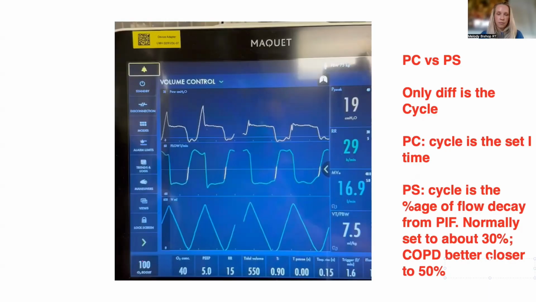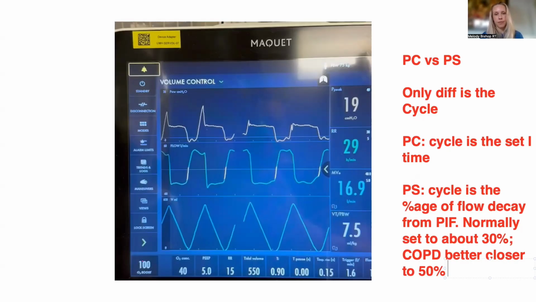But the problem in emphysema is if you set the cycle decay too low, remember, since the lung is so compliant, meaning it takes a very small pressure differential to generate flow, you can theoretically trap the patient in inspiration forever, because they will never be able to decay that flow to that number of 10% or something, right? Because if their peak inspiratory flow is 100, they need to get to 10. But in a patient with emphysema, if you just have a tiny bit of pressure differential, you're going to generate a flow because the compliance is so good. Good in this situation means not good, right? And as you mentioned, you're going to lead to a cycling dyssynchrony because the patient is going to try to be pushing out and they're not going to be able to flip the ventilator.